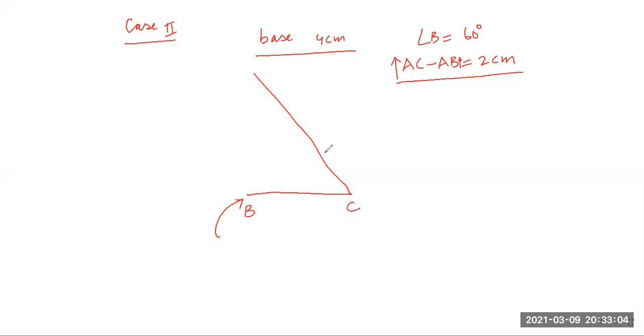When will I apply case 1? When the side of the triangle which is bigger is on the given base angle, which is not the case right now. Right now the side which is bigger is AC, and AC is not on the given base angle, right? If angle C had been given, then I would have applied case 1. But now I have to apply case 2. How do I do it? Let's see. This is very, very important, which case I will apply.